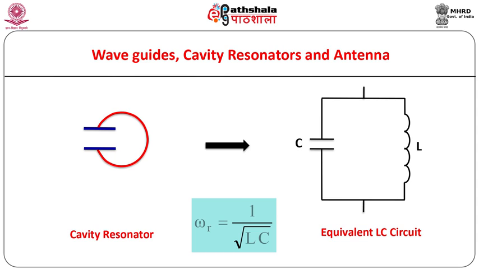Such resonators can be constructed using open circuit or short circuited transmission line, enclosed rectangular and cylindrical waveguides, etc. The quality factor of such resonance cavities can be computed in terms of electromagnetic fields using the same defining expressions.